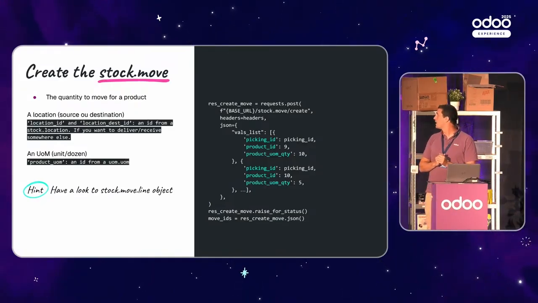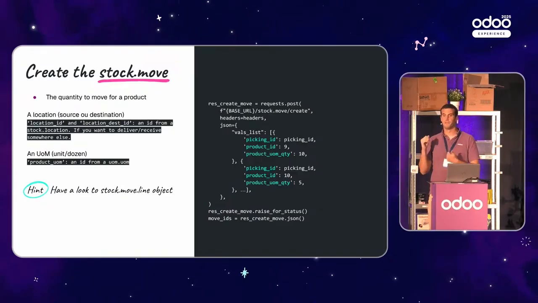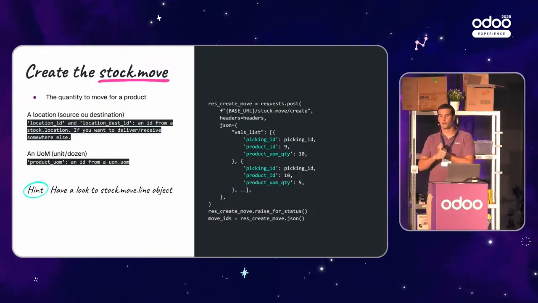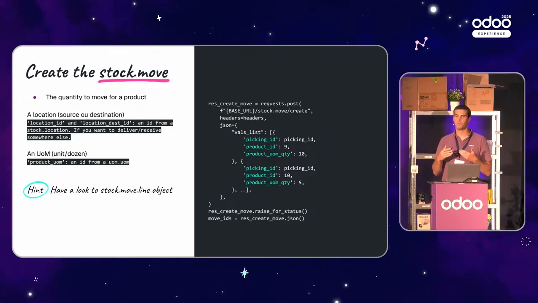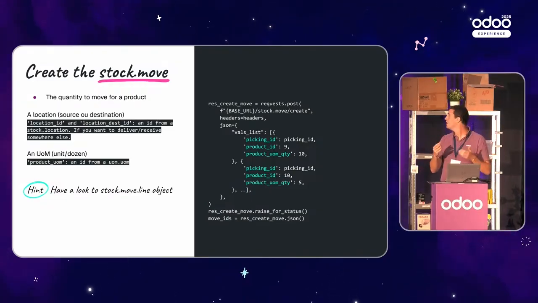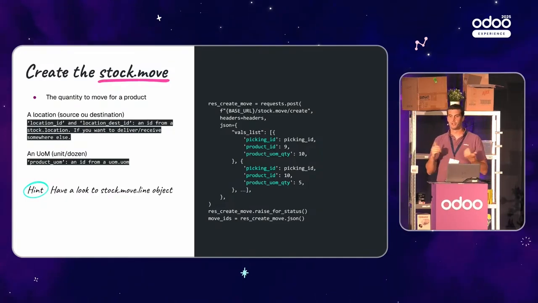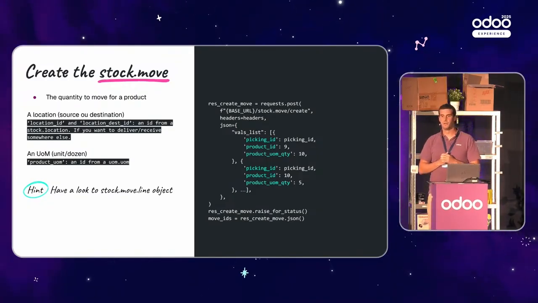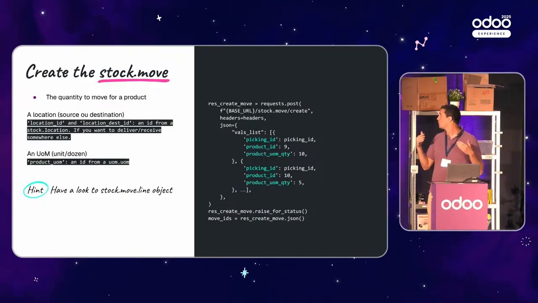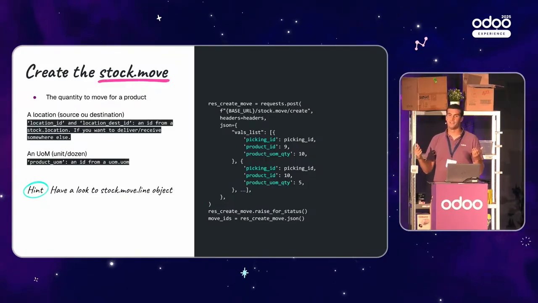And in each dictionary, for each move, we have to define the document where we put the move. So in our case, we created the picking and we want to put this move in the picking. So we use the picking ID key. The product also takes an ID, and we want the quantity we want to move. So the product quantity, it's the initial demand of the move. So for each move, we always set an ID of the product and the quantity and the picking we want